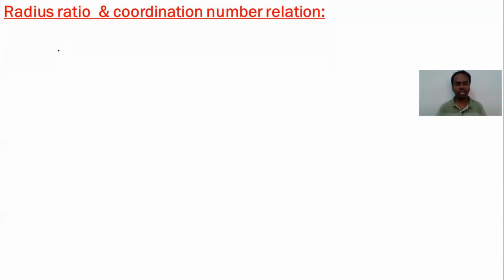Let us see the relation between radius ratio and coordination number. In the previous slide, I discussed that with the increase of size of the cation, it can touch many neighboring anions. Then the number of nearest neighbors increases, so the coordination number increases. By increasing the radius of the cation, the radius ratio also increases. Hence, we can say the radius ratio and coordination number are directly proportional. I want to show how the radius ratio affects the coordination number with a diagrammatic representation.